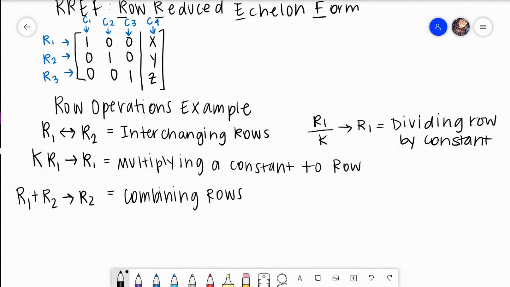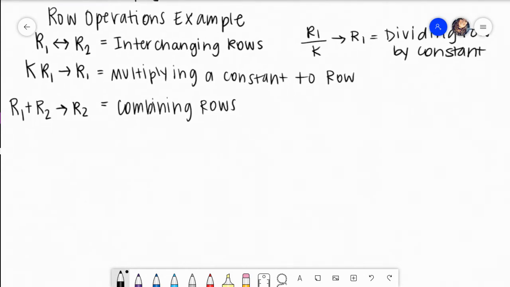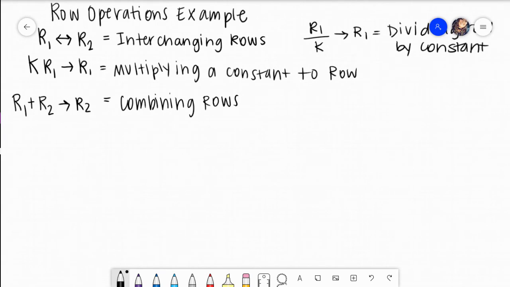Okay, so I think that's good right now as far as the different row operations that we can use. I'm going to go ahead and put an example up here. We're actually not going to solve it. We're just going to apply a couple of row operations. I would like to explain something